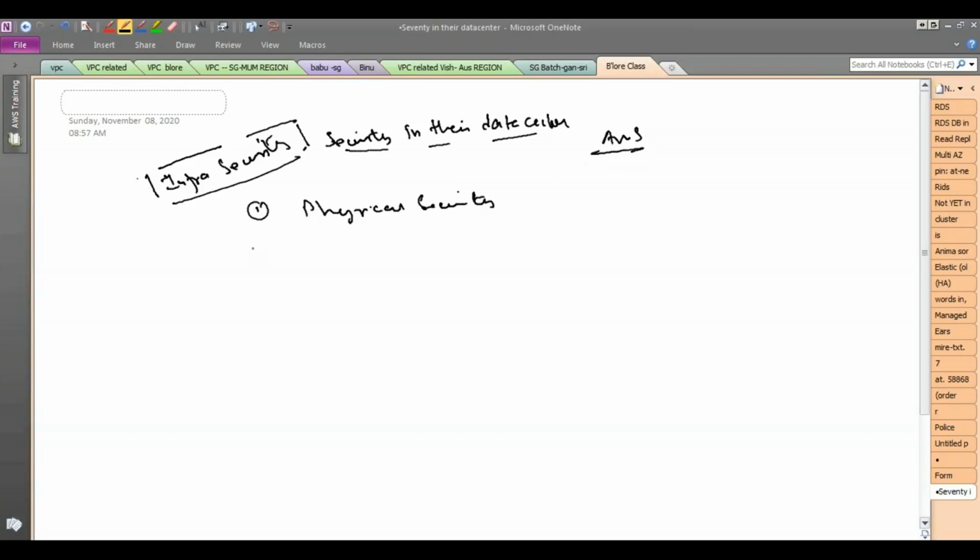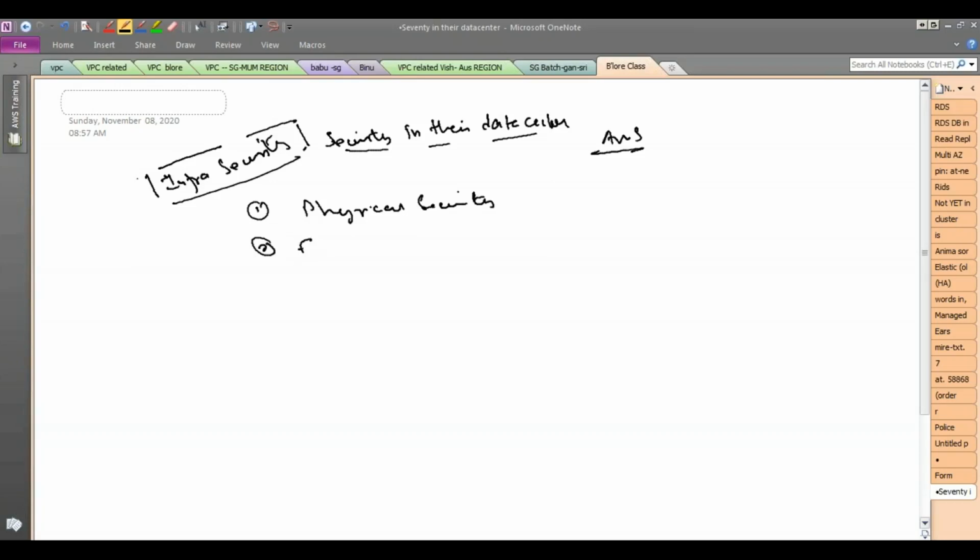Even if you're an AWS customer, you cannot enter the data center. AWS employees have their own security and process for who is allowed to enter. Security alarms, CCTV cameras, all those types of things.